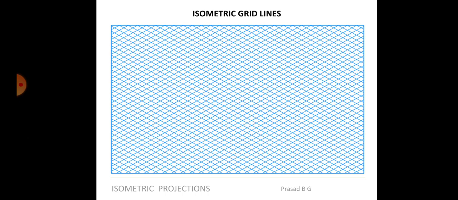So I am giving you a simple task to draw a cube of 50 mm side, because after all the explanation that I have given, if I don't ask you to draw a sketch, when coming for the next class, again you will forget it. So I just want you to make use of this grid sheet and draw an isometric view, isometric projection of a cube. And this is applicable for all the students who do not have a sketchbook also. Those who have a sketchbook will do it in the grid sheet and submit, and those who do not have the sketchbook will do it on paper and submit.